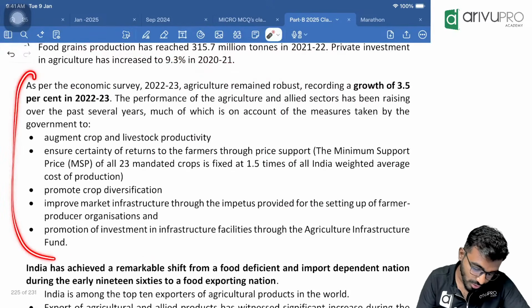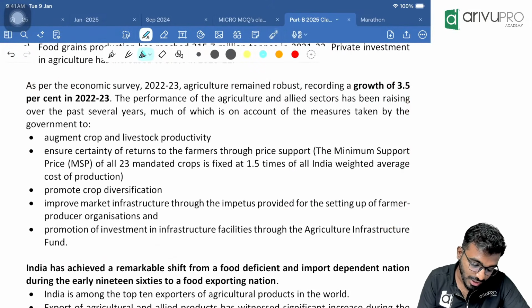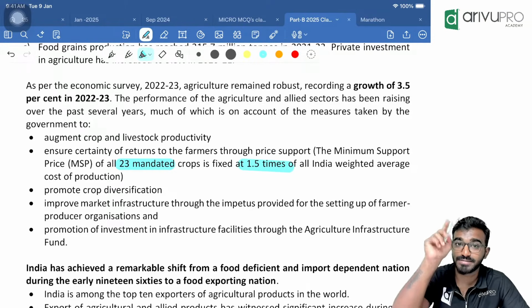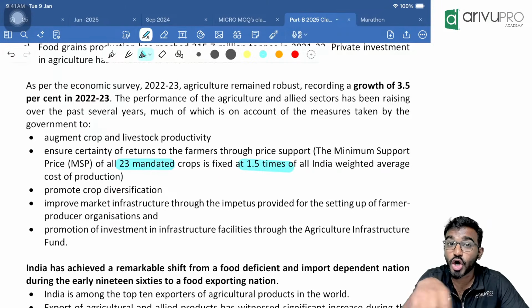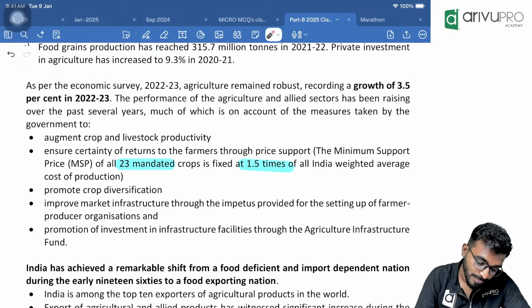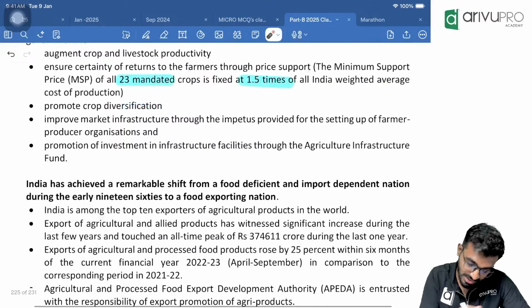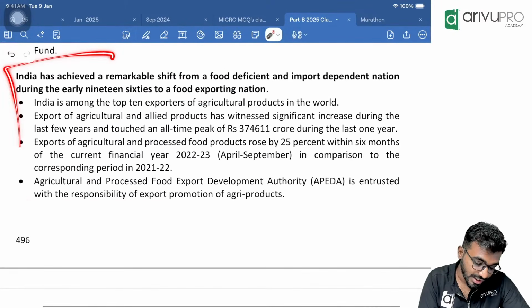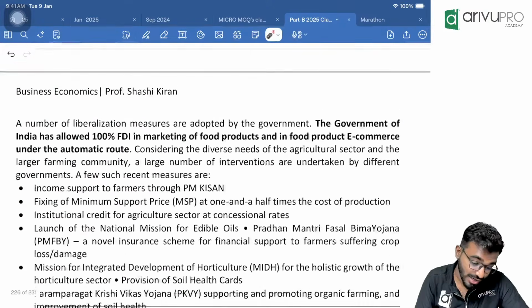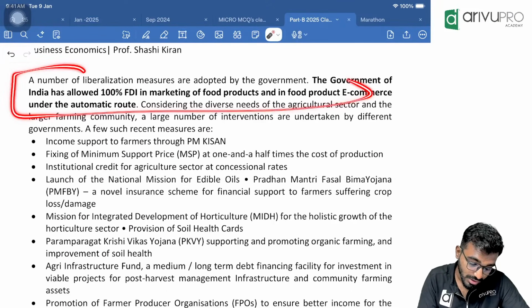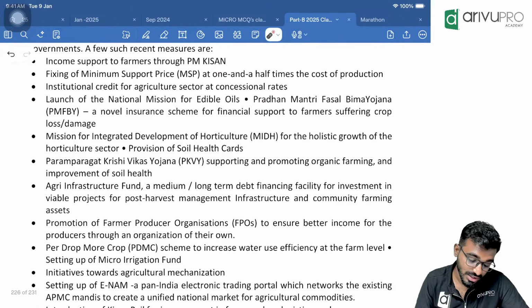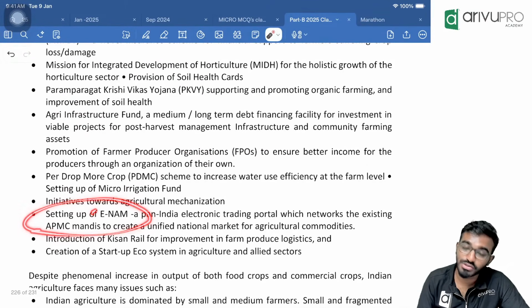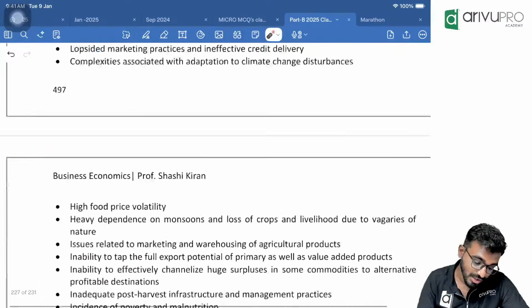This information is important. See, in India, I said now, on 23 crops, 1.5 times the minimum support price. Price control measures, price cap, price ceiling, those topics. This is price floor, minimum support price. On 23 crops, 1.5 times, information like this is important. What India is trying to achieve with agriculture, what big changes we have made, and especially this one is important. All these Pradhan Mantri Yojanas, per drop more crop, Fasal Bima Yojana, crop insurance, from this is where exam questions come. This one, once they have asked a question, and problems faced by the Indian agricultural sector.